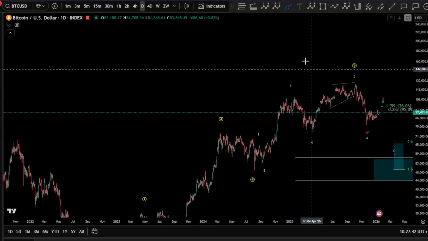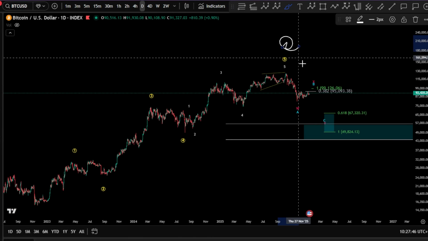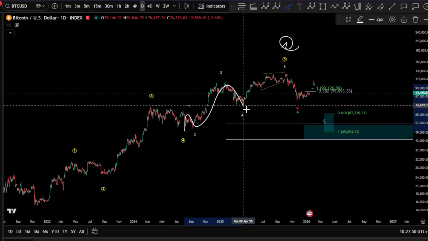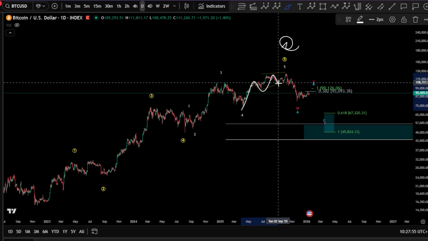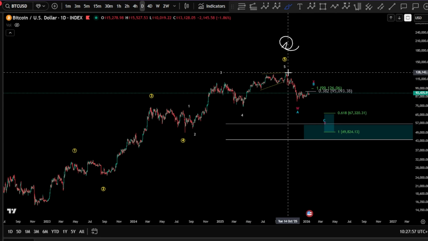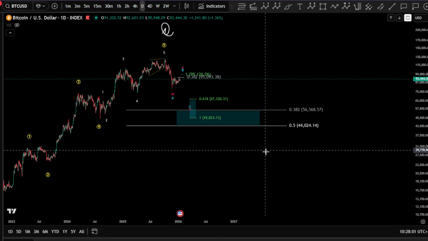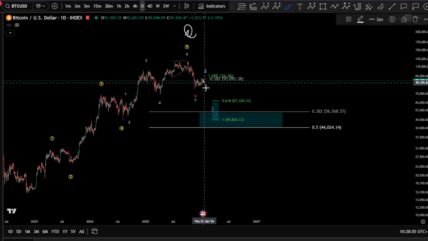However, in this case scenario, you have to take into consideration that this is your wave 1 there, and you have a 1, 2, 3, 4, and a 5. Your wave 5 is 1, 2, 3, 4, 5, finished here as an ending diagonal. And then we are looking for 3 waves down for a wave 2 here. The wave 2 might be very deep, and 56K can even be the next target.